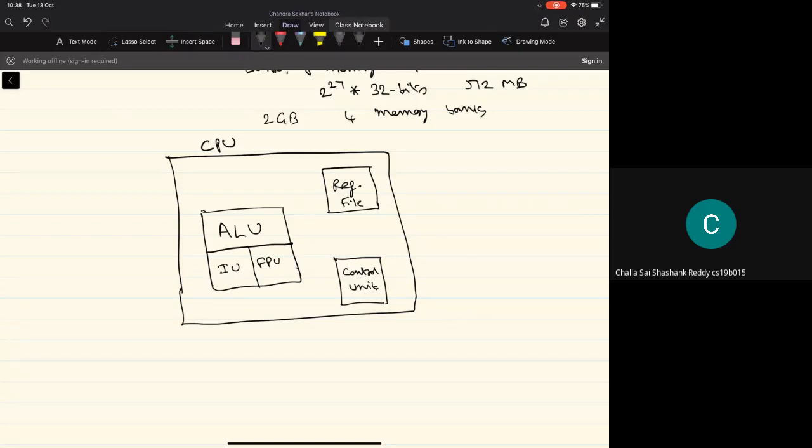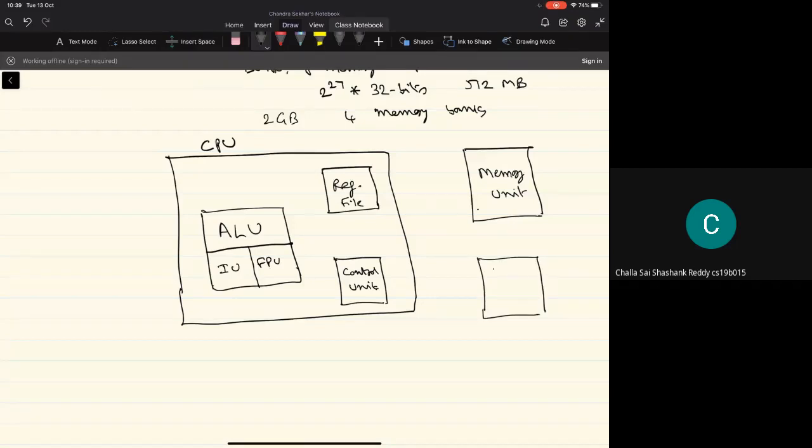But originally the program will be available in the memory unit. So both the program and the data will be available in the memory unit. So we have to get the instructions corresponding to the program one by one, and then perform the execution of those instructions within the CPU. And we may store back the results in the memory unit. In order to get the operand data from the memory unit, we have to perform the memory read operations. And whenever we want to write back the results into the memory unit, we perform the write operations on the memory unit.